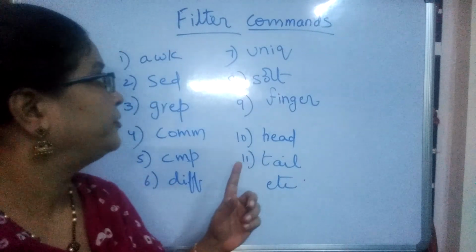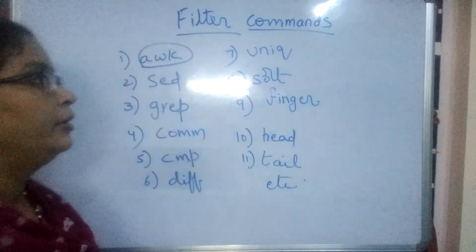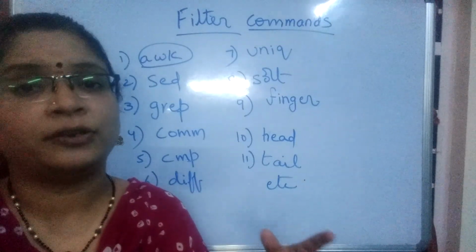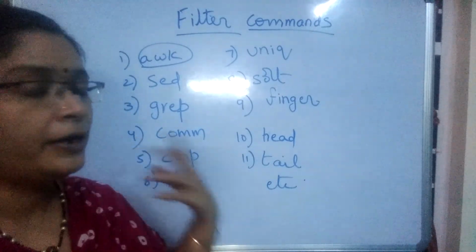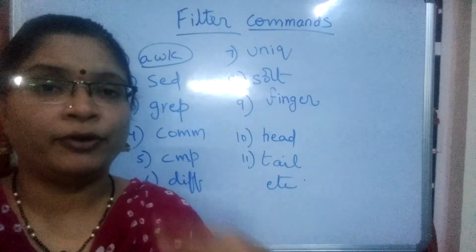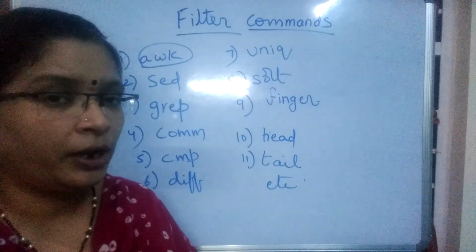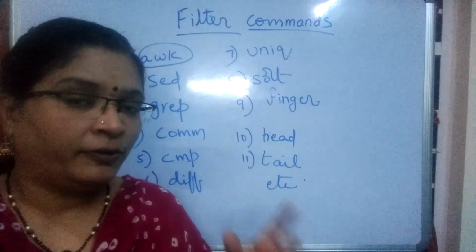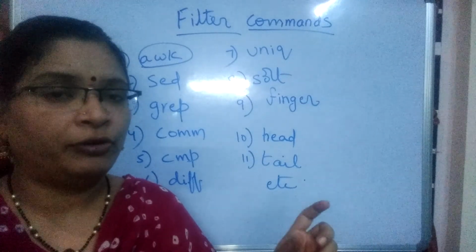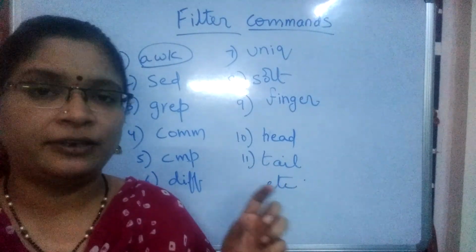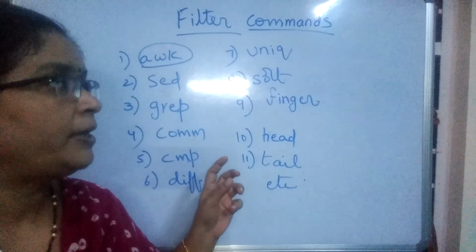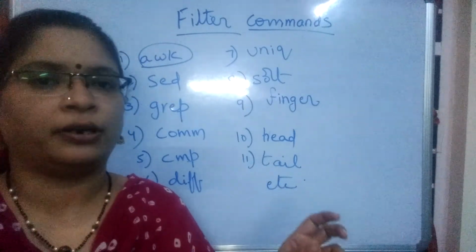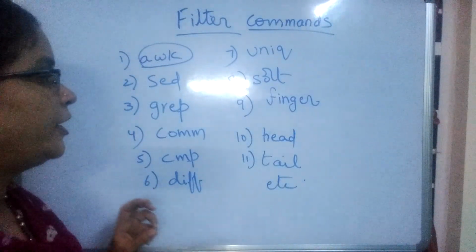The very first one is AWK. What is the meaning of AWK? It is a separate kind of command, with a separate kind of programming that we will use. In the coming videos, we will talk about AWK: what is its importance and why we use it. First of all, I am just giving the introduction of each command. Later we will see each and every command deeply, because the main purpose of this video is just to introduce the collection of filter commands. So the first one is AWK.